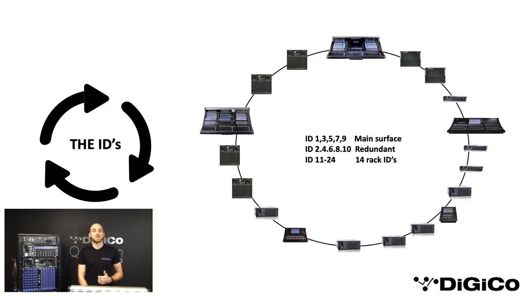So IDs 1 to 10 are exclusively for your consoles, IDs 11 to 24 are exclusively for your stage boxes. As shown on screen, you'll see that 1, 3, 5, 7 and 9, in terms of those ID numbers, are used for the main mixing engines. If you have a redundant engine next to your main mixing engine, these are provided with the adjacent even number, so the 2, 4, 6, 8 and 10. So if you only have one console and a stage box, then you will be looking to assign an odd number. Only use the even number if you have a redundant engine,